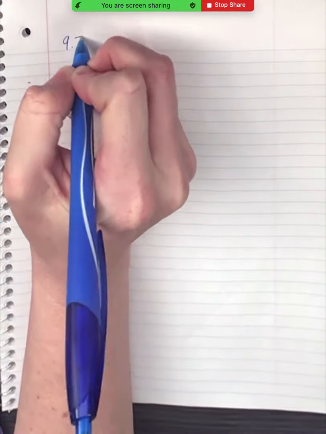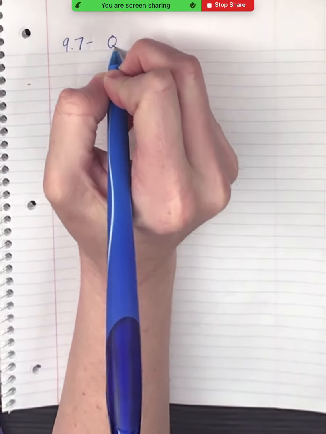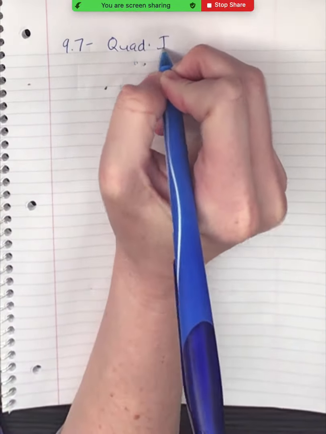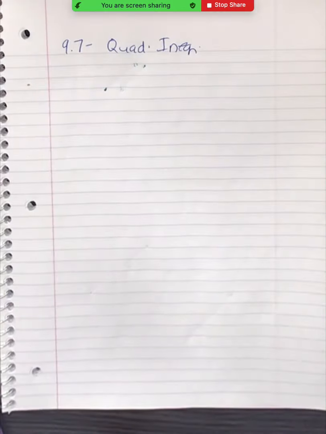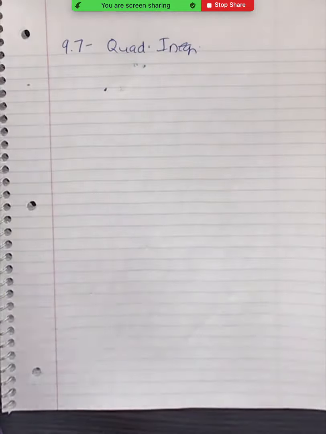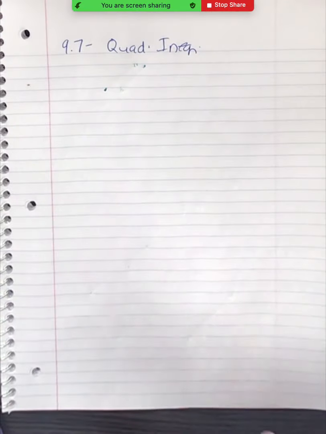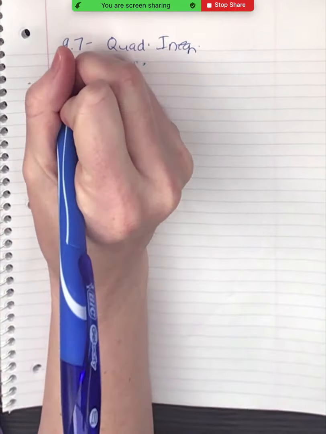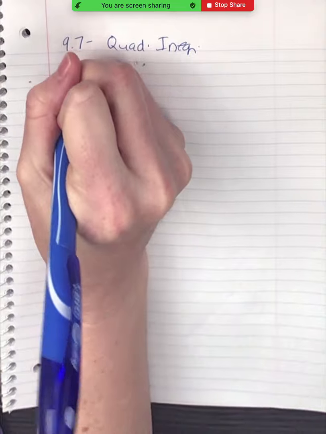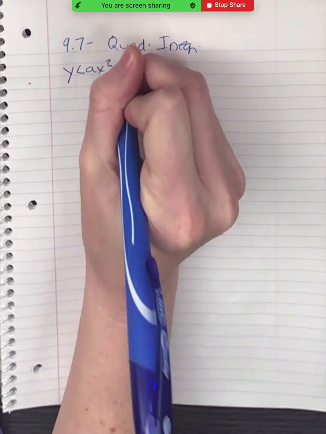Okay, Algebra 1, 9.7, we kind of talked about this, right? This is graphing our quadratic inequalities, okay? So the big thing to remember is that when you graph an inequality, you have to have shading, okay? So quadratic inequalities have the form just like a linear inequality, except they're quadratic now, where it's going to be